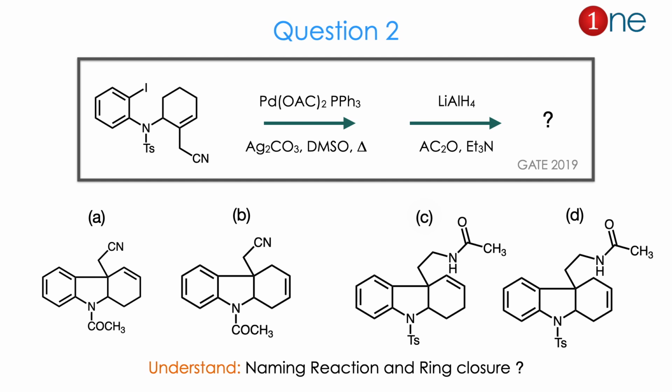From the product you might expect that a new ring is formed in the middle, and the position of the cyanide is the real question. And what happened to the double bond is the real question. Whether the double bond is switched or stays in place, or whether substitution happened at the N, that is, whether N acetylation happened or not. So the position of the double bond and the reaction center of acetylation are important. From the palladium reagent you might guess a name reaction is involved and definitely ring closure occurs here. The answer is C. Let us see how.